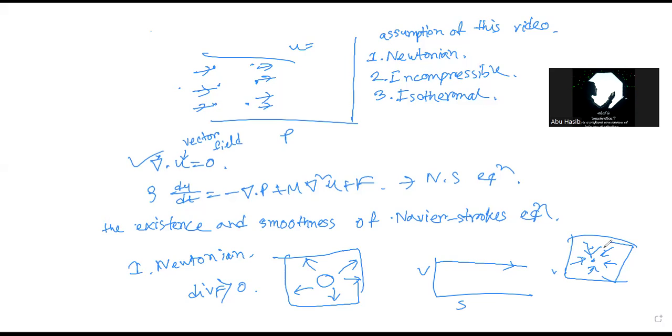If we imagine water in some area, it is impossible for the water to simply disappear. It could change forms, but mass is never destroyed. And thus the divergence across the fluid has to be 0. And hence the first Navier-Stokes equation is the gradient dot u is equal to 0.